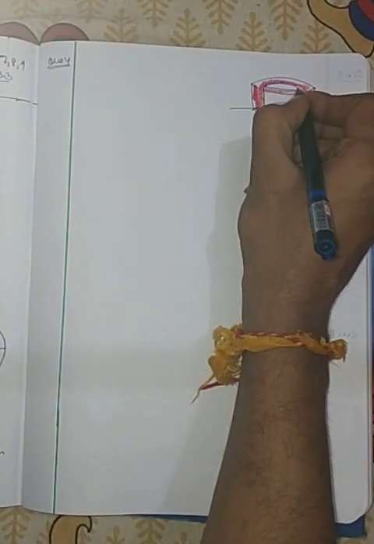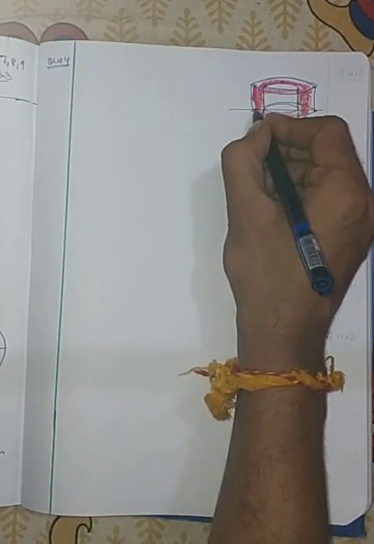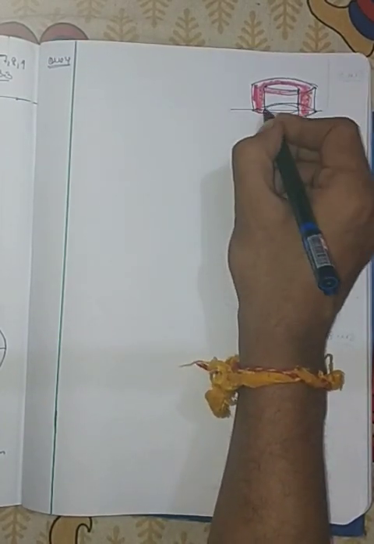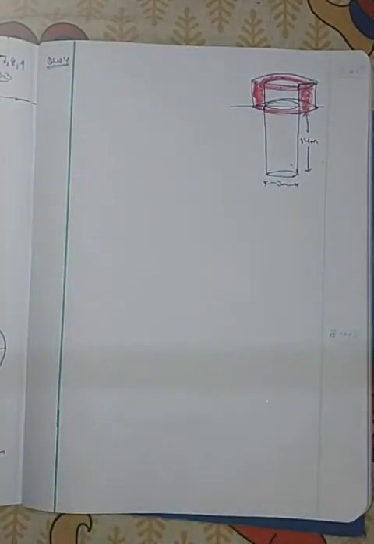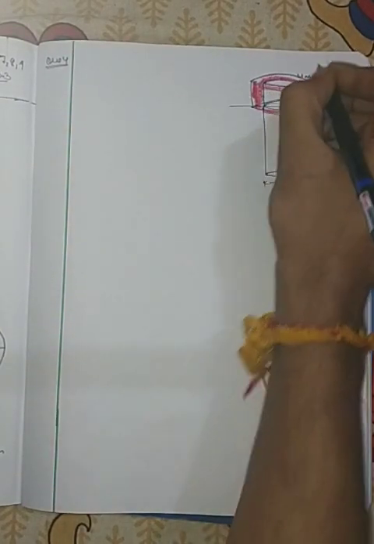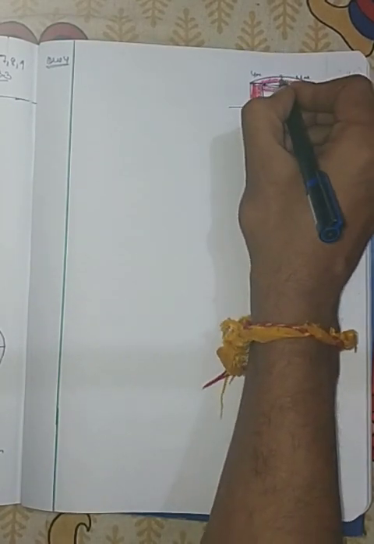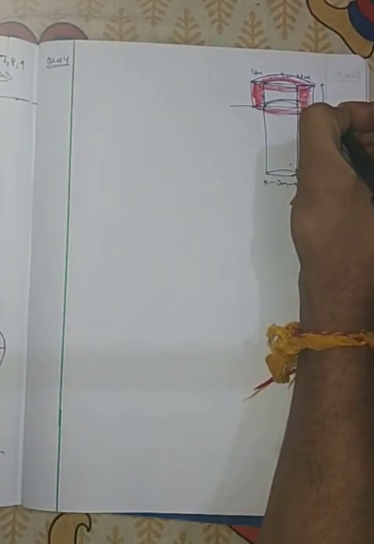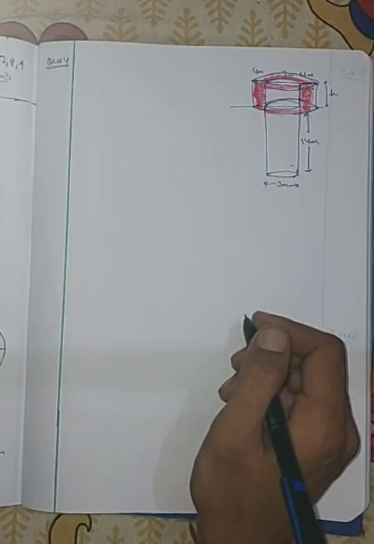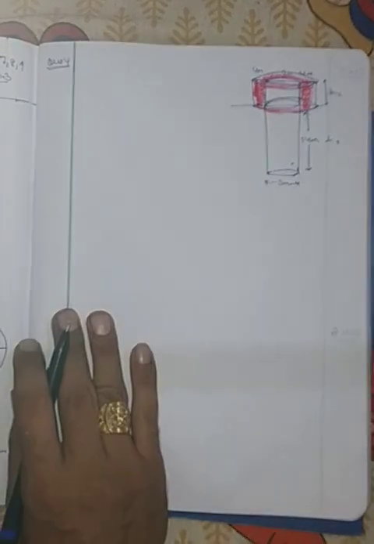Actually, this is the shape of a hollow cylinder. This shape that you are getting is the shape of a hollow cylinder. And the width is given to be 4 meters from this side, 4 meters from this side, and this was given 3 meters. Now we have to find the height of this. The height is here also, so h1, h2, and h2 we have to find.